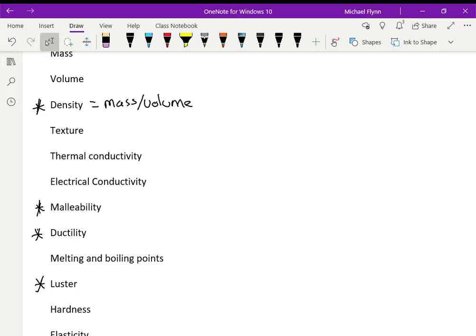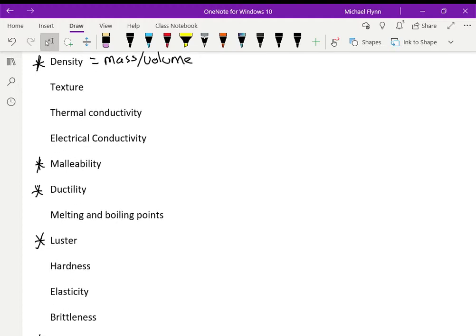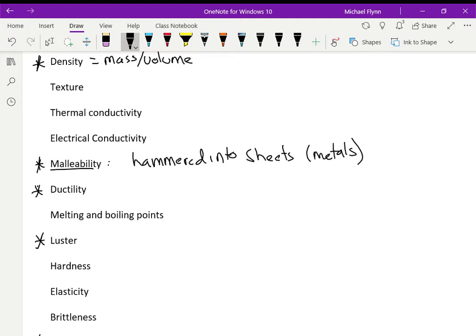Same. Okay. Malleability. I was telling the students today, this can be banged out or hammered into sheets. Think of metals. Metals can be hammered out into a variety of different shapes, swords and tin foil and so on. That property is malleability. What I like to compare malleability to is a